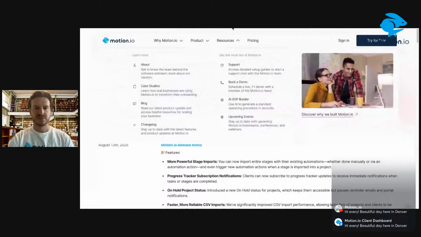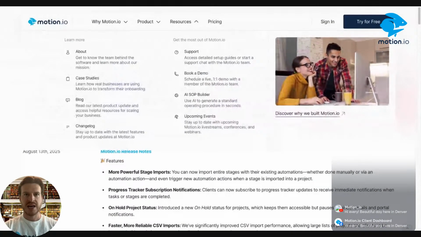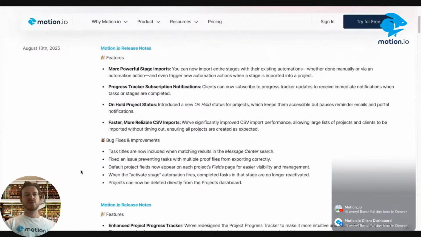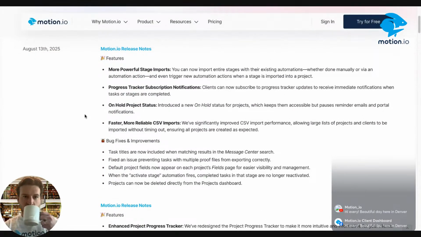So with that, let's go ahead and take a look at Motion.io's changelog for a quick update of the various things that we've released over the past week here. So I'm just going to pull up my screen here. And let's go ahead and hop in. So this past week, August 13th,